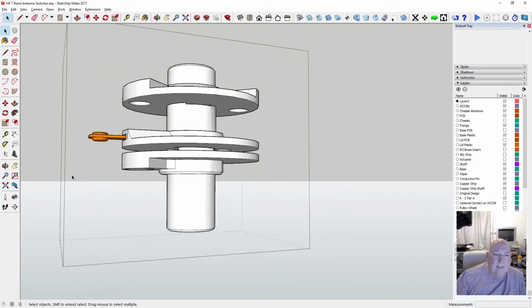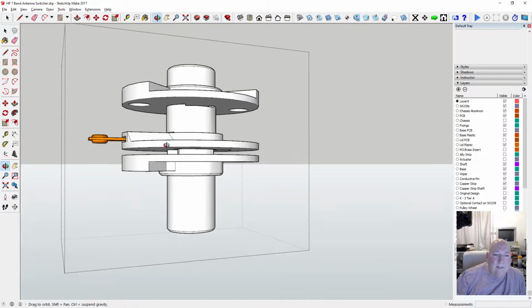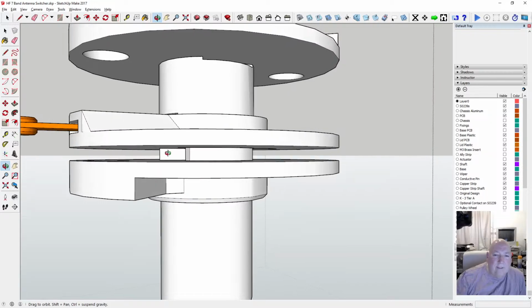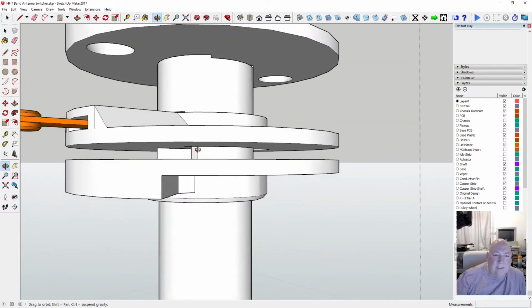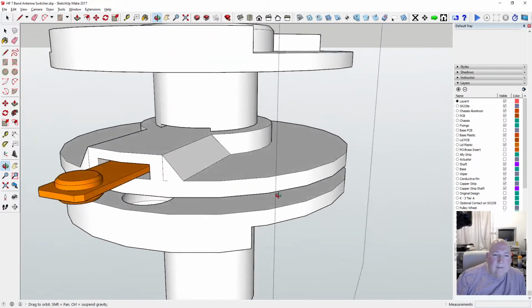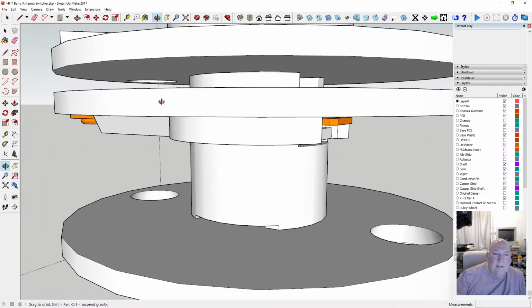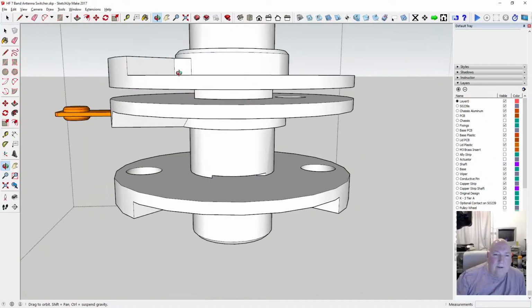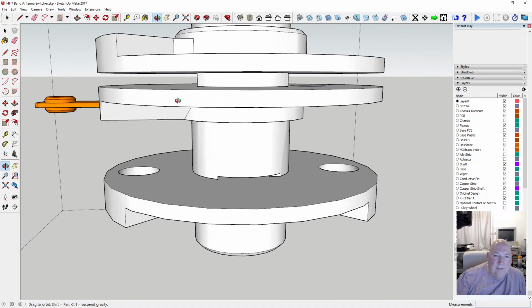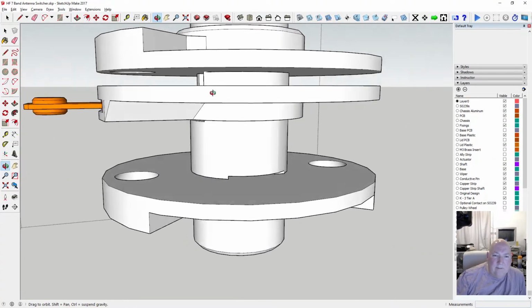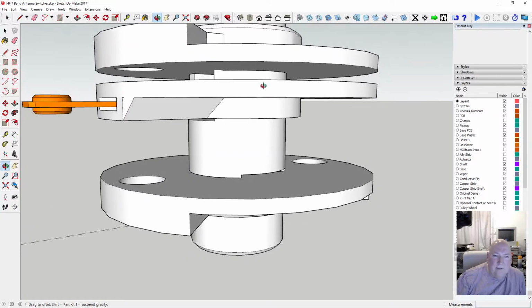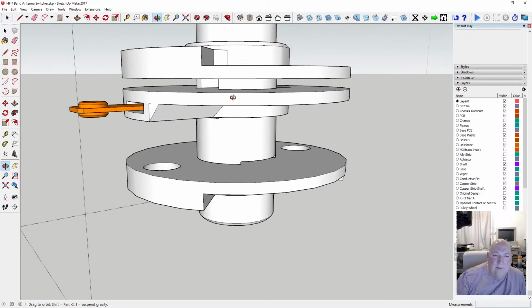Okay, so we've got that there, and it pushes down over it and just rests there. Right, let's turn it back the right way round. So we've got the stop and we've got a gap, and we don't know what to do with this gap. Two opposing faces.